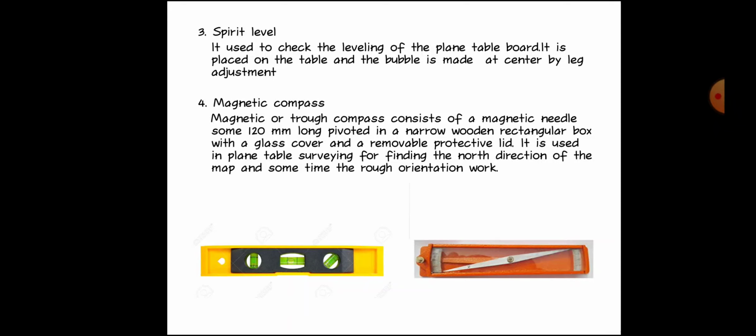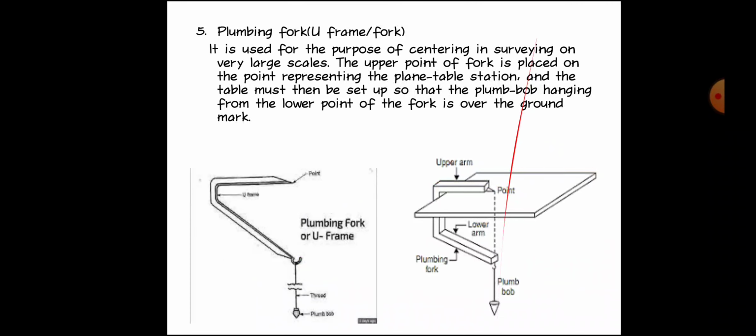अर्को छ magnetic compass. Magnetic or trough compass consists of a magnetic needle some 120 mm long, pivoted in a narrow wooden rectangular box with a glass cover and a removable protective lid. It is used in plane table surveying for finding the north direction of the map and sometimes the rough orientation work. अर्को छ हामीसँग प्लम्बिङ फोर्क